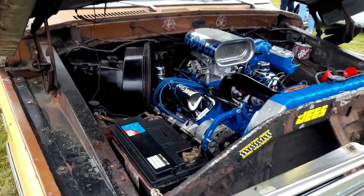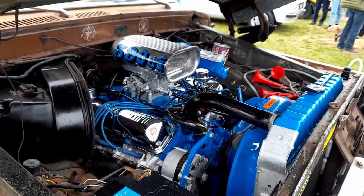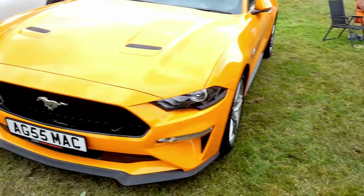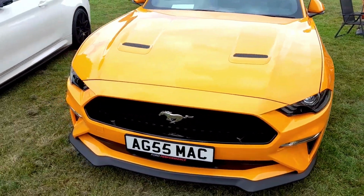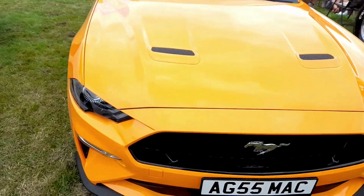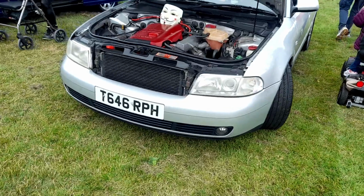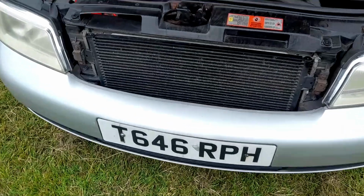I'm not going to pretend to know what that is, but it's probably going to sound extremely loud and extremely American. Just saying. And next to something extremely American again. Well, is it American? Well, the Mustang is 5 litre, right-hand drive. Very nice indeed. Ooh, and we have a lovely Audi on a T-Reg,